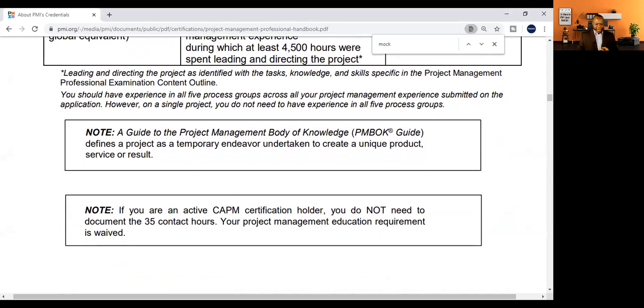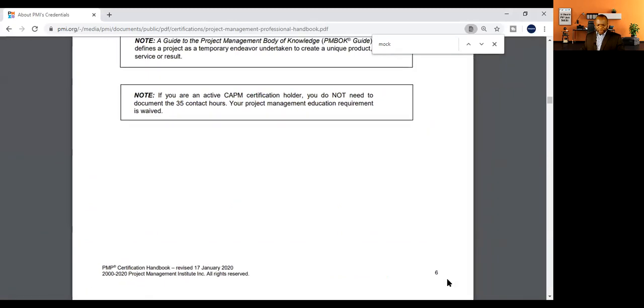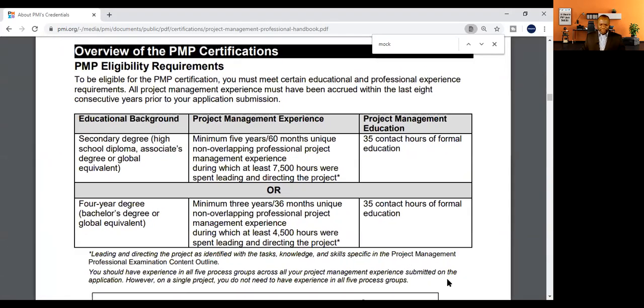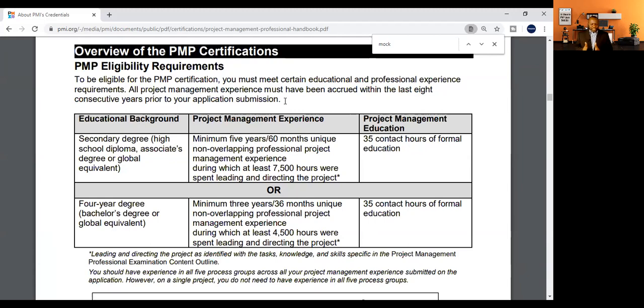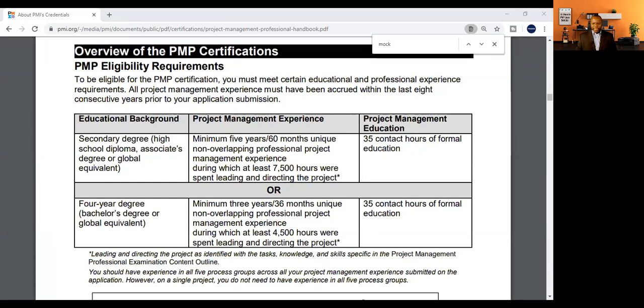you cannot go back more than 8 years when you are calculating time spent on projects. As you can see up here, it says, all project management experience must have been accrued within the last 8 consecutive years prior to your application submission. And what they mean by consecutive is consecutive immediately before now. So you cannot count experience before 2012 on this date, for example. And that is step 1,